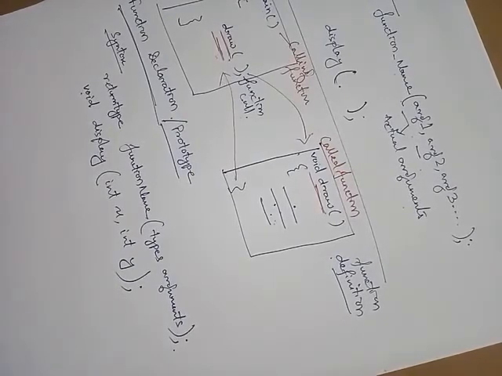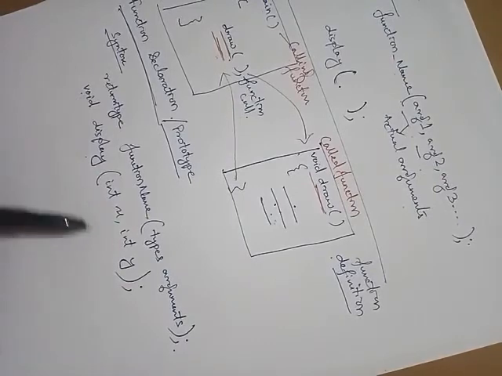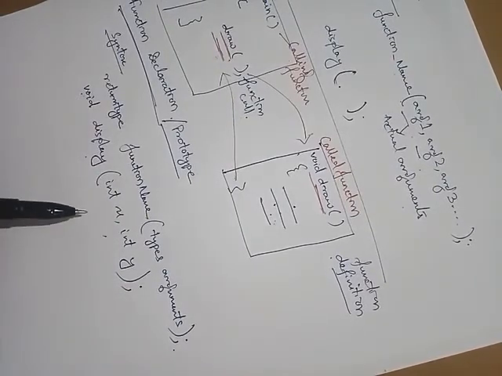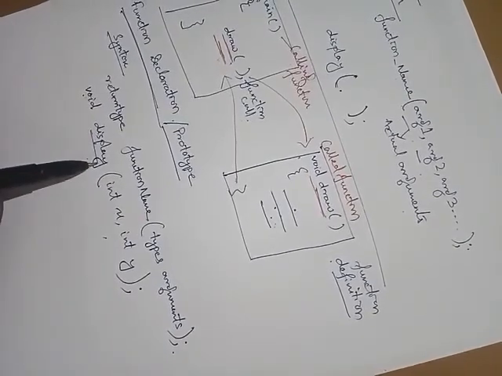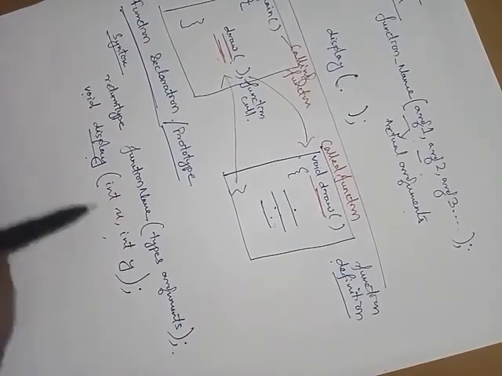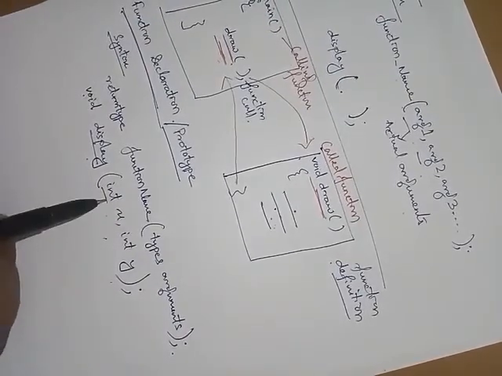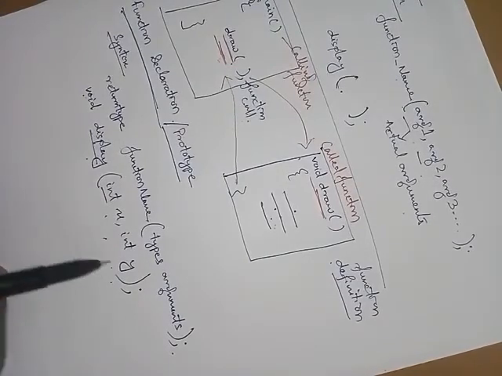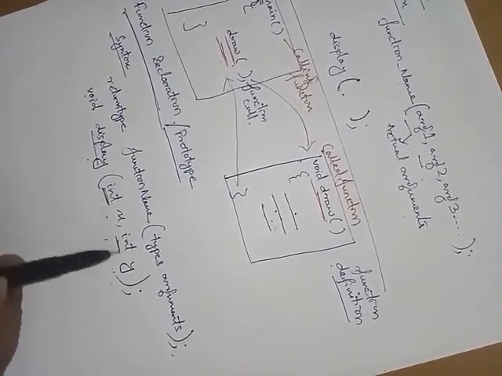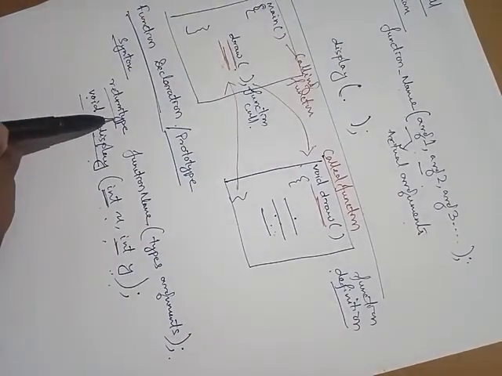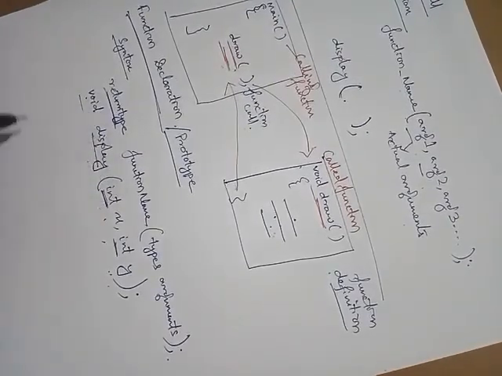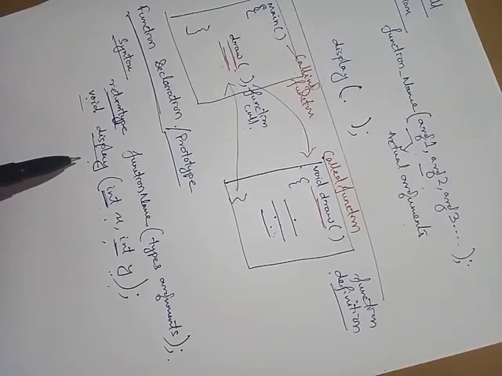Again, see the syntax here. The syntax has three different parts. This is the prototype that informs the compiler the name of the function, the number and type of arguments, that is the type of argument and how many arguments. Here there are 2 arguments, and the type is integer type, and the type of value returned by the function. This is the type of value that is returned by this function. So these are the 3 elements to write or to use the function.